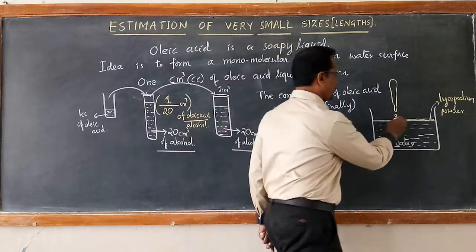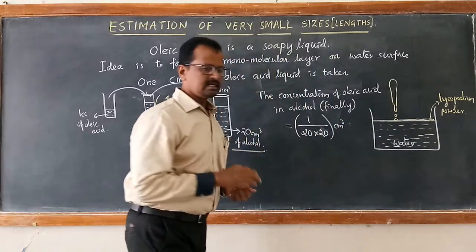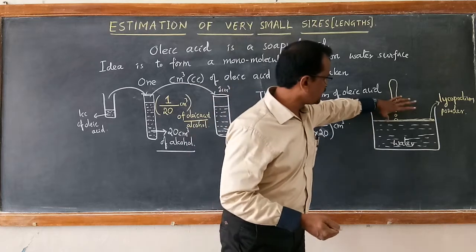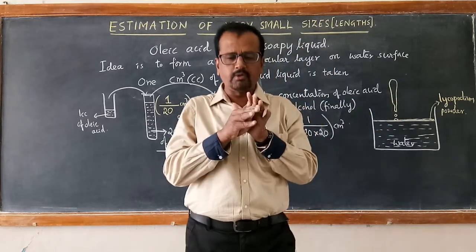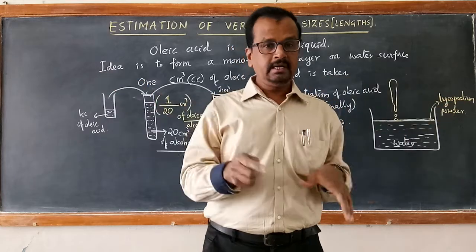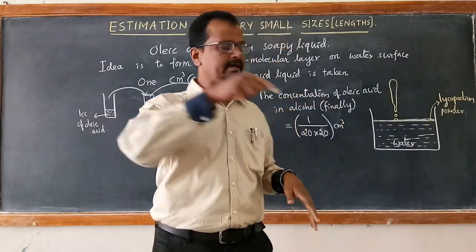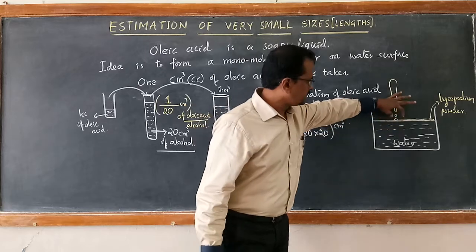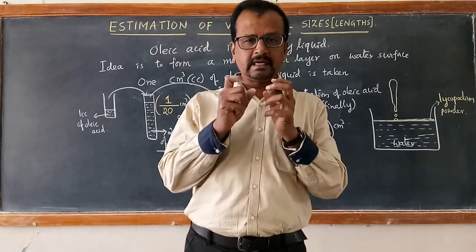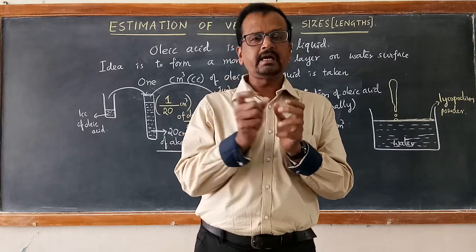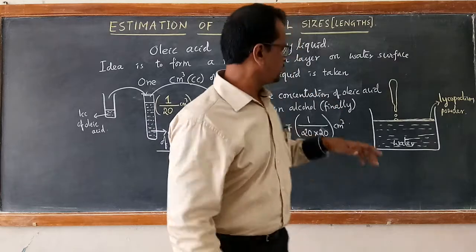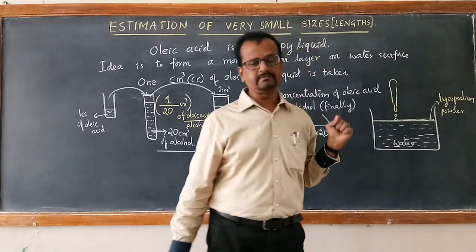If you just add one drop of this solution, suddenly that drop spreads on the water surface. It spreads on this lycopodium surface. Lycopodium powder will be separated and will be pushed apart, and it forms a thin layer on the surface. This thin layer is a little large in size, and roughly it will be in the form of a circular layer.